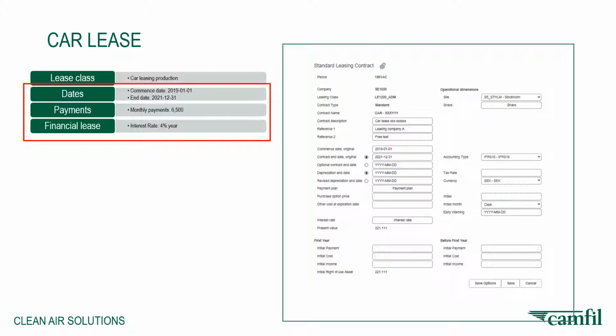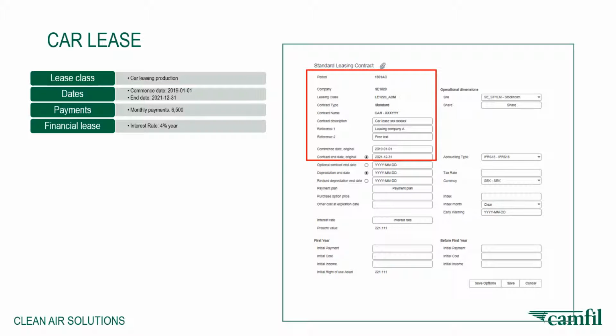This is an example of a car lease. The commence date is January 1st, 2019, and the end date is December 31st, 2021. The monthly payments are $6,500, and the interest rate is 4% per year. In the first highlighted section, you'll see that we've selected period 1901, which corresponds to the commence date of the